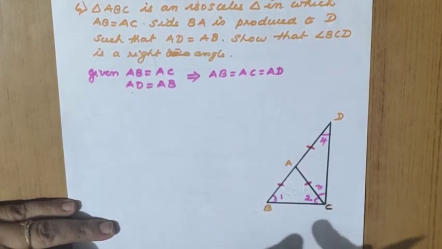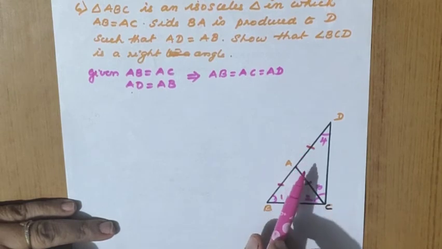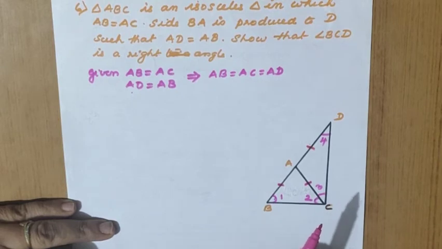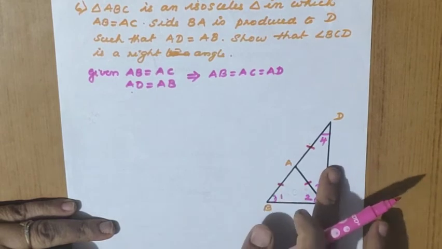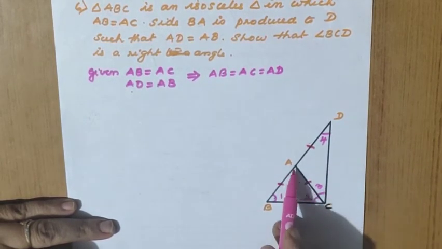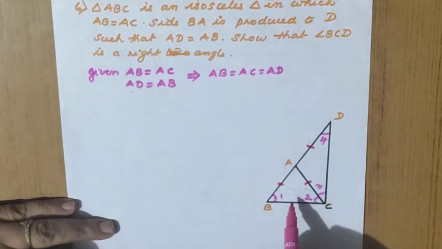Now children, here AB and AD is given. Based on that we cannot make the conclusion. Whenever isosceles triangle property is used, it should be in one triangle. That means here one equal side, here one equal side. In a different triangle, then we cannot apply. Here ABC is the first triangle we have taken, and AB and AC are the two equal sides. So this happened in one triangle. Their base angles are equal.